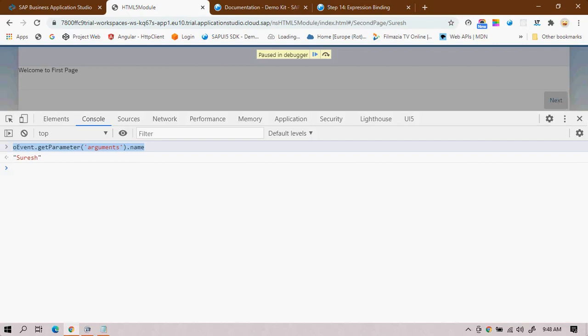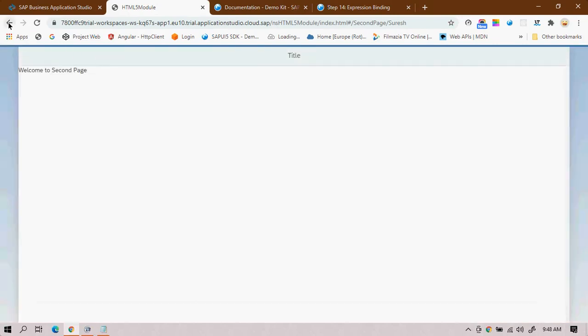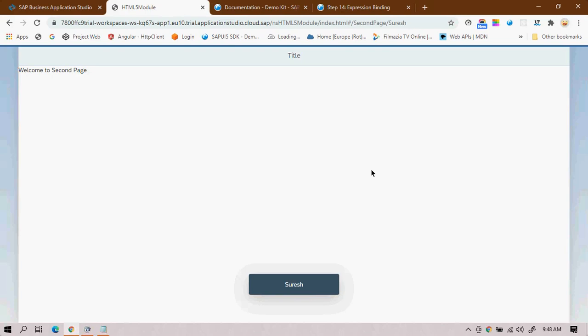Okay, so I'll remove the debugger and refresh. When I click on next, I can see the name Suresh in the message toast, which I've passed from the first view to the second view. Got it? Any questions?